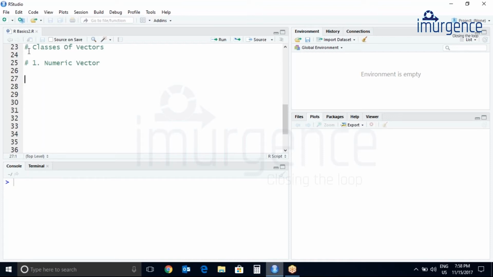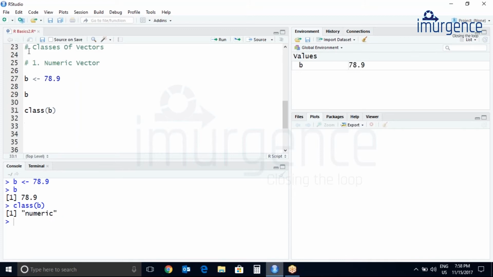So let's try. Let's print the value of B. To identify a data type, we use the class function. Which is numeric.